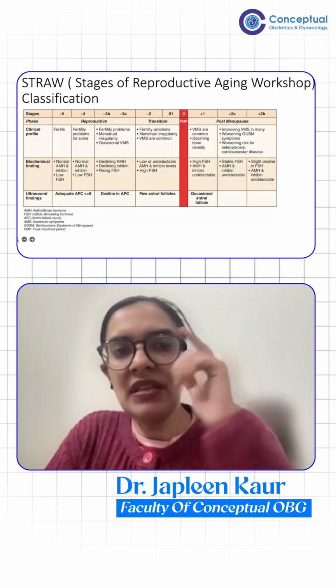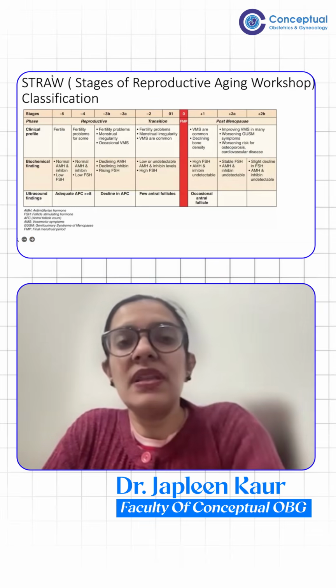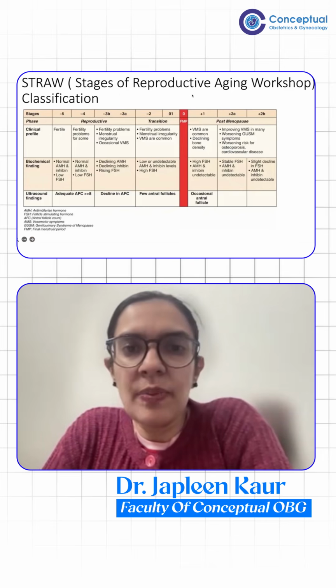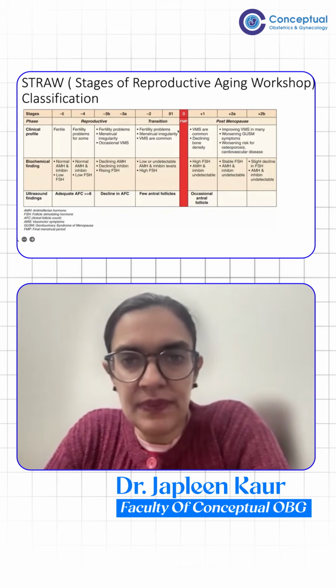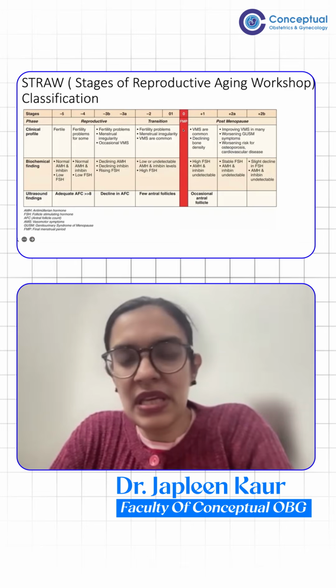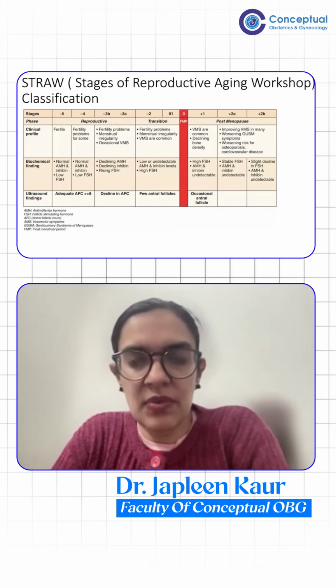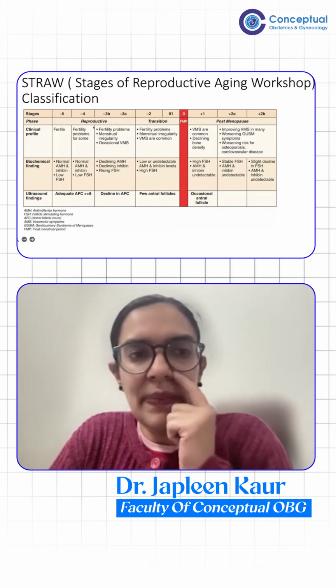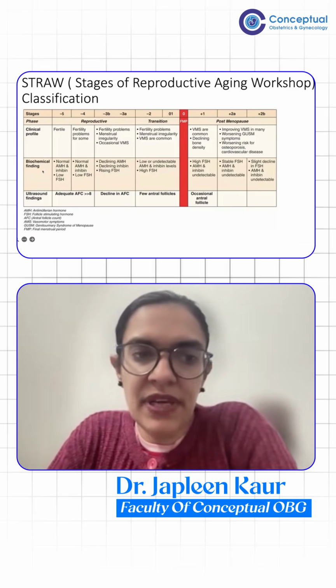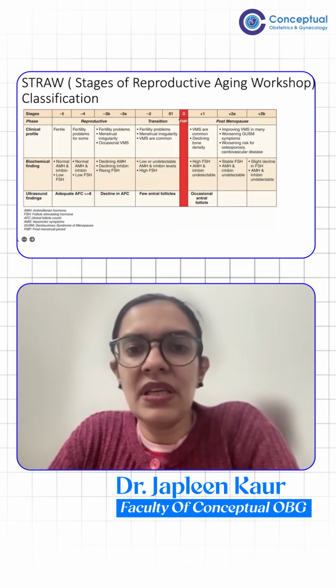Yes. So basically, in 2001, there was a Stages of Reproductive Aging Workshop (STRAW) where they gave this classification. Then STRAW+10 in 2010, they again modified it a little bit. So basically, based on clinical profile, biochemical findings, and ultrasound findings, one can